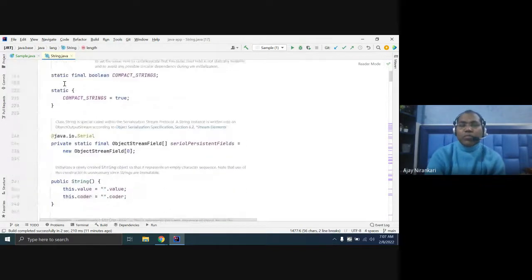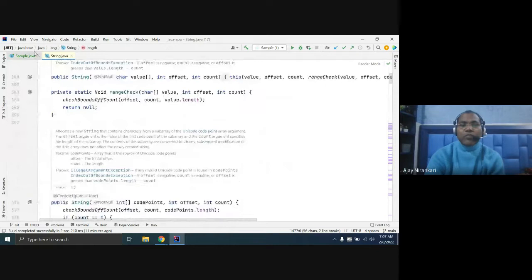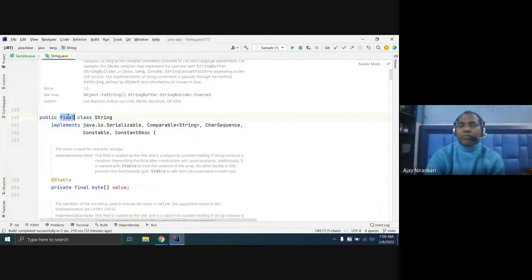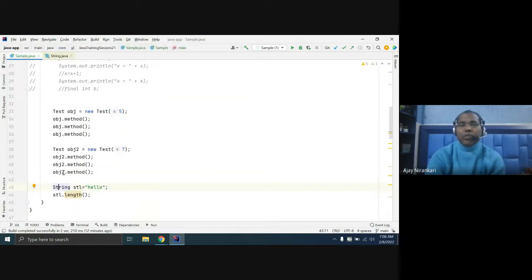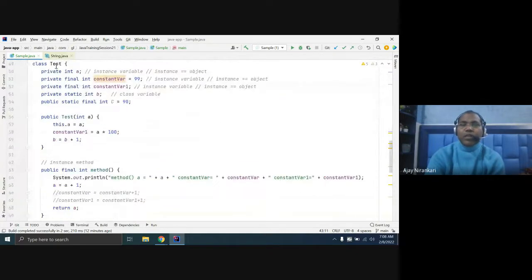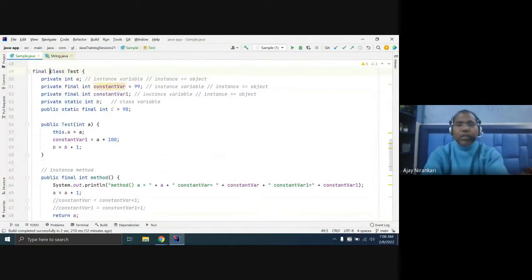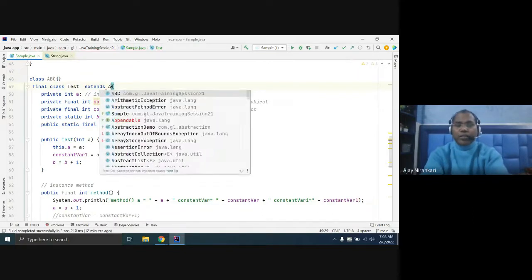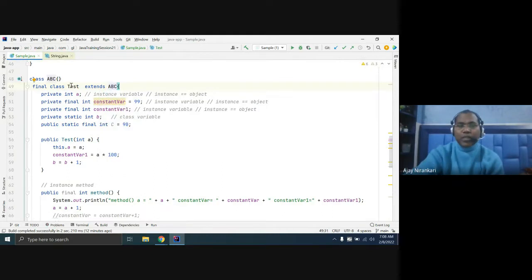So these are some tools you can use on the basis of your utility, right? This final class can extend or implement other classes, but after this class you cannot. In front of any class, if you put final, that means this class cannot be subclassed. But take another class, let's say we have a class ABC. This class can extend ABC, there is no problem. It means this class can get inheritance from any other class, but the test class cannot be inherited.